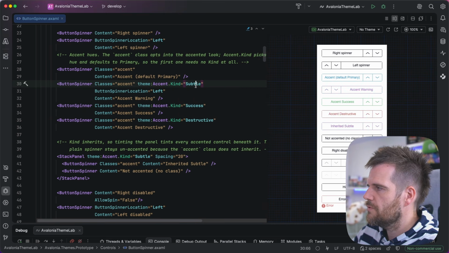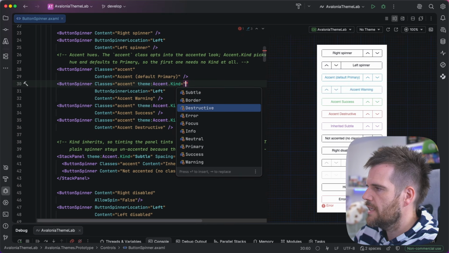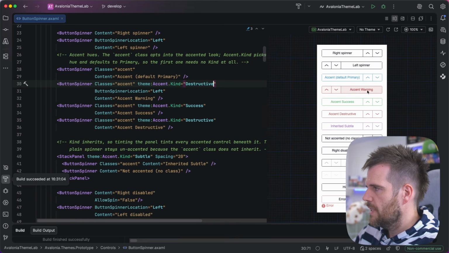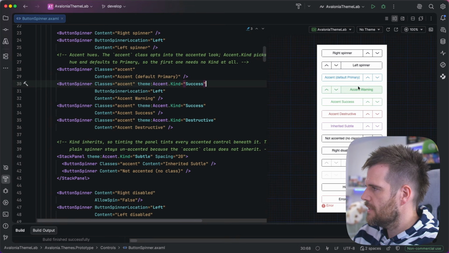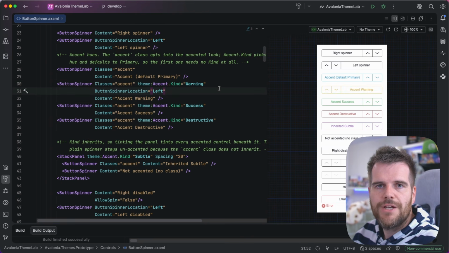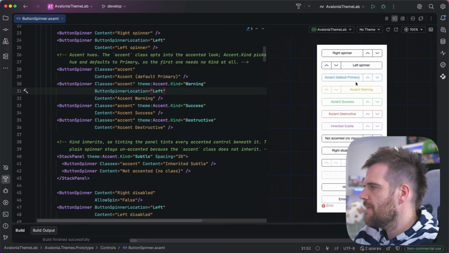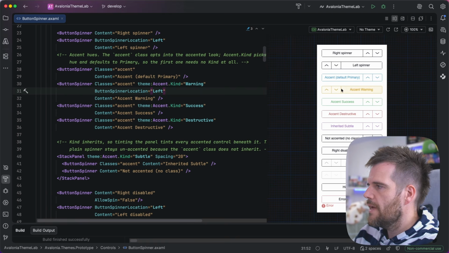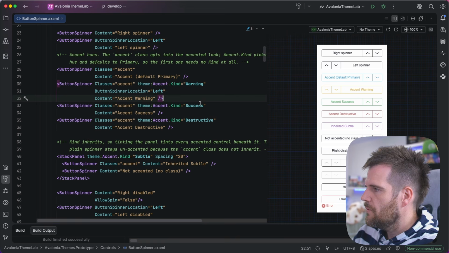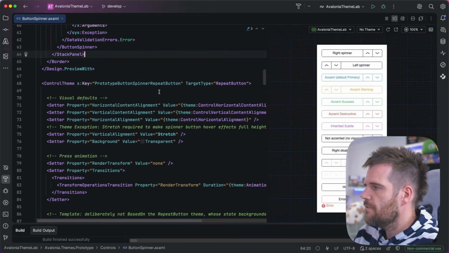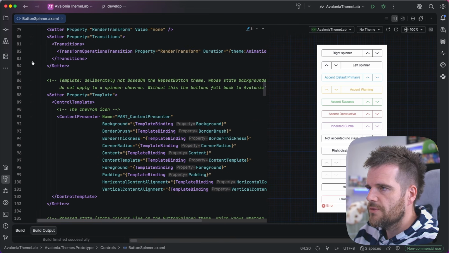We can change this to something different, say destructive. And you can see the accent warning has gone destructive. If we go to success, it's changed to success. And that might not be that impressive if you think I've made a button spinner that is aware of every single style that we have in a theme. Well, it isn't. So if we take a look further down and we get to the styles of the button